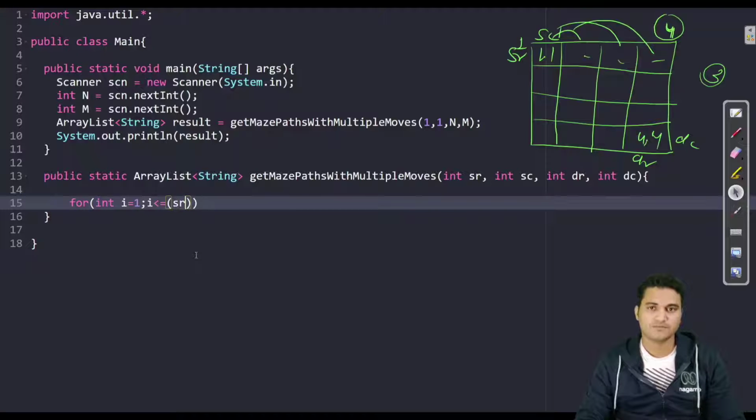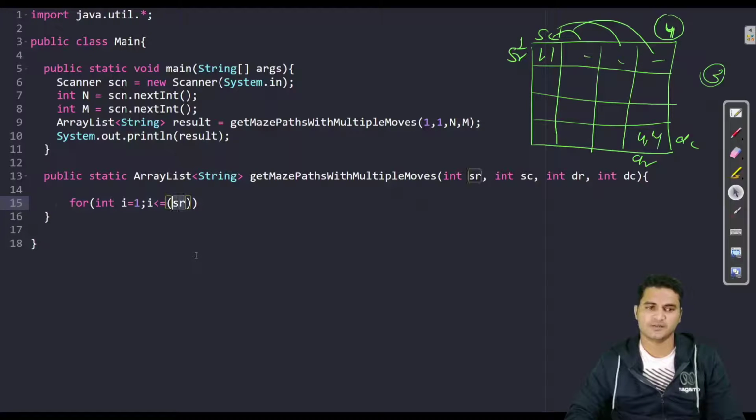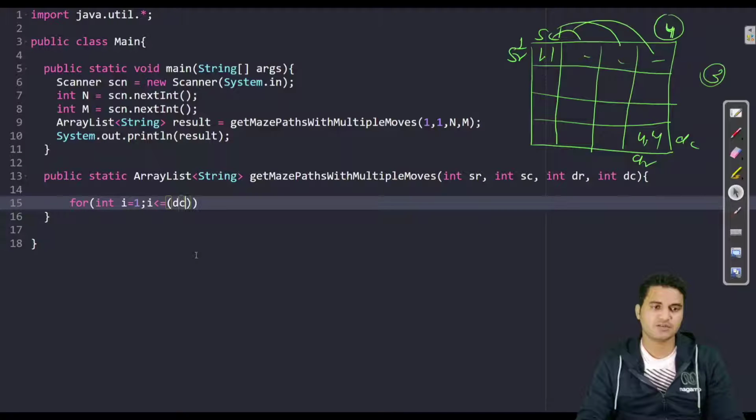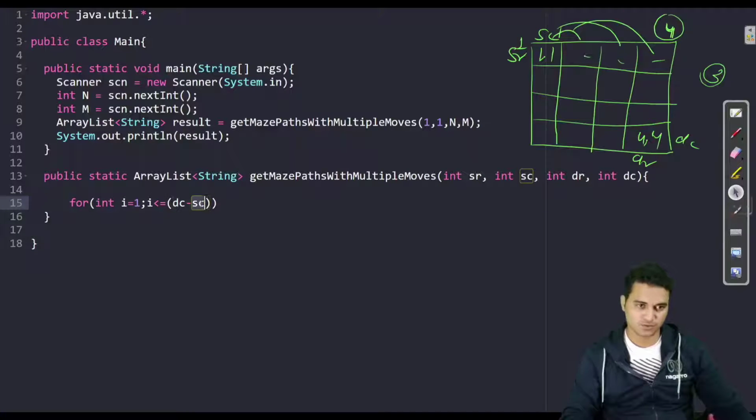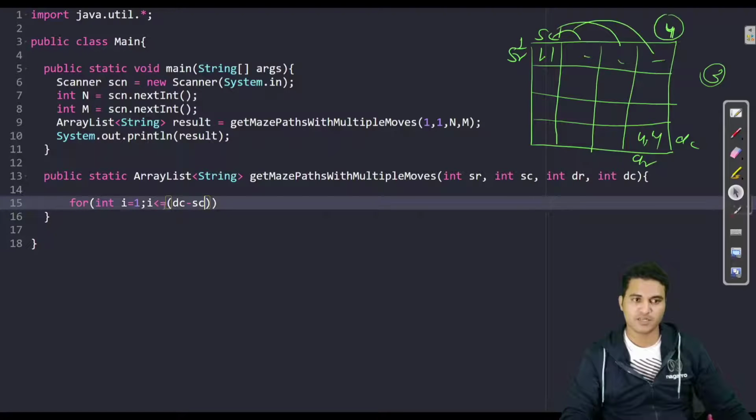Not source row, basically destination column minus source column. Yes, source column is 1, destination column is 4. So 4 minus 1 is 3. So i less than or equal to 3, because I can move up to 3 steps horizontally.